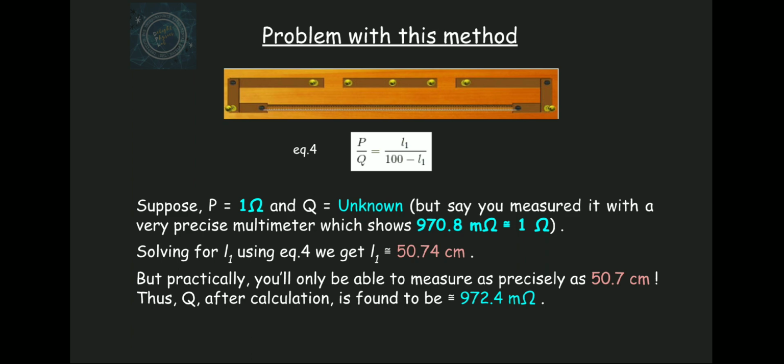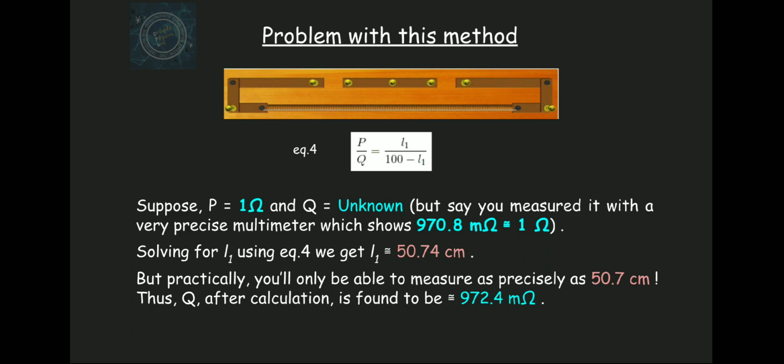How did he make it? Very simple. He put a known 1 ohm on the left side and the new wire on the right side, and then he kept on cutting the wire until the null point came to 50. Okay, you can get it. So at some point the null point will come to 50 and he will say this much length of the